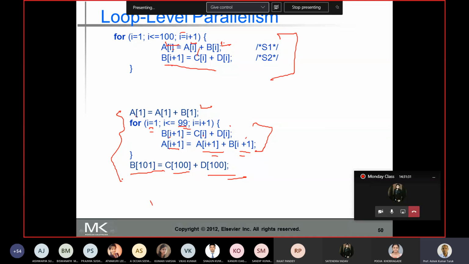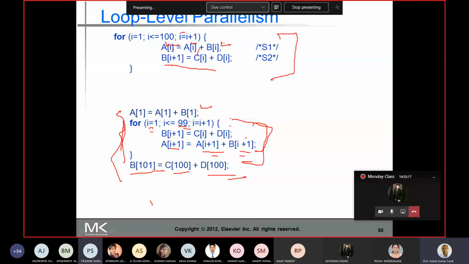So if I transform this loop, then whatever loop carried dependency existed in the previous loop, we have removed it here. Once you remove the loop carried dependency, then you can exploit more instruction level parallelism in the loop. So this is how, given a loop, we can transform it to another form and remove the loop carried dependency. But it's already 9:57, so you can leave the team and join for the next class.